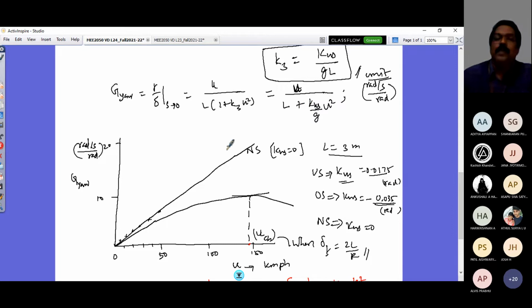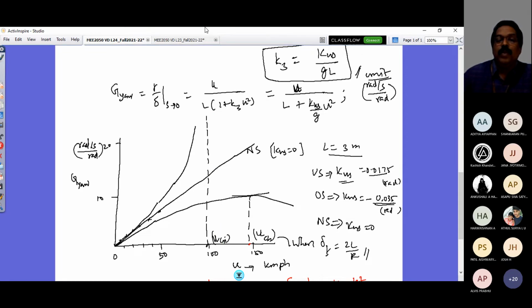So though it is an increasing trend, it will increase very rapidly. What will happen when the value of KUS by G into U squared is the same as that of L? So L minus that, at that time the denominator becomes 0. At that time, your yaw velocity gain reaches infinity. So it would go like that asymptotically. So the value here, when it reaches, is what is going to be referred to as V critical